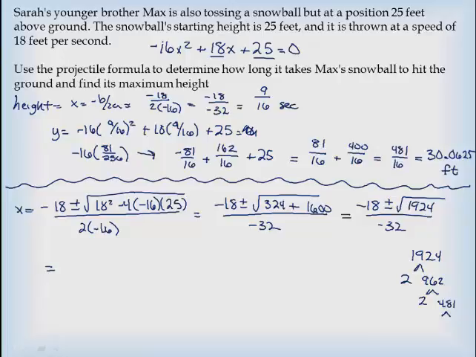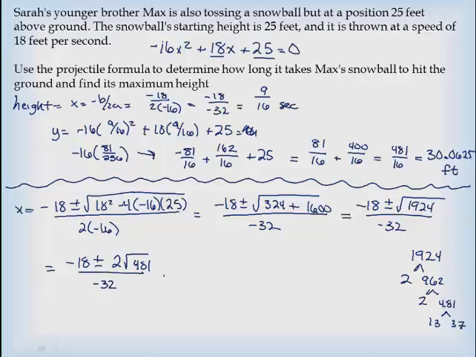Now when I took the square root of 481, sorry, of 1924, I get 43, which means I only have to check prime numbers up till 43. So I check 11, I check 13. That one works. I get 13 and 37. 37 is also prime, so I have negative 18 plus or minus 2 times the square root of 481 over